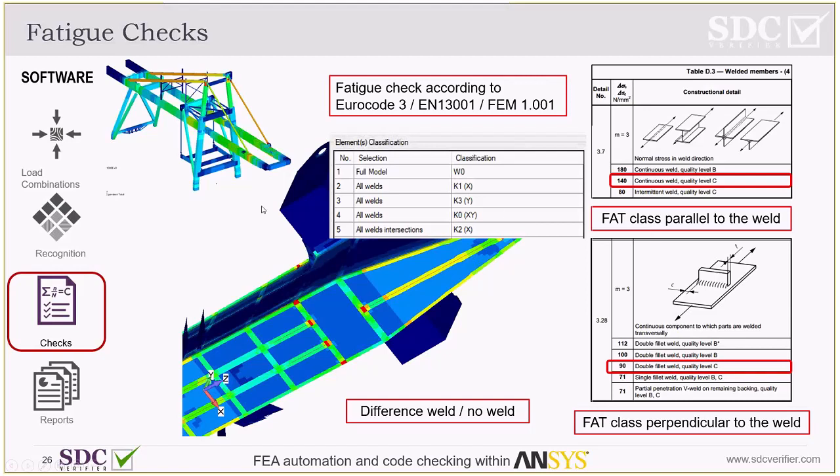So FAT classes can be set for every weld or for groups of welds, and it's also set separately in different directions. We've covered that in our previous webinars, so please go to our YouTube channel or website,